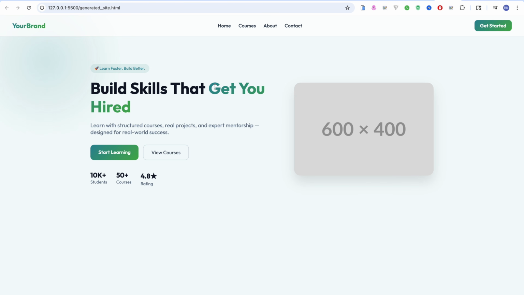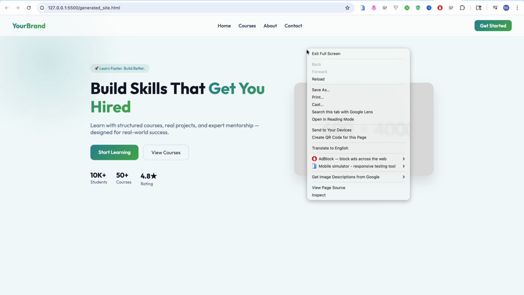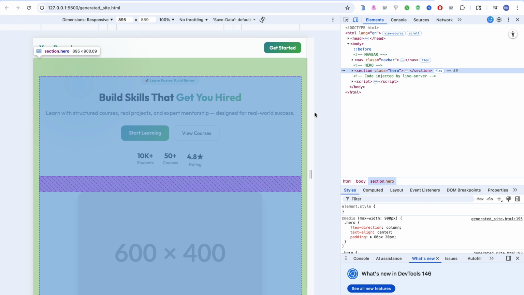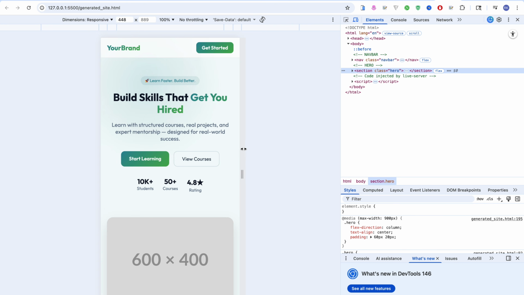So overall the design looks good and better and also has a premium look. So I hope you will get to know how you can use this, and let me know if you have